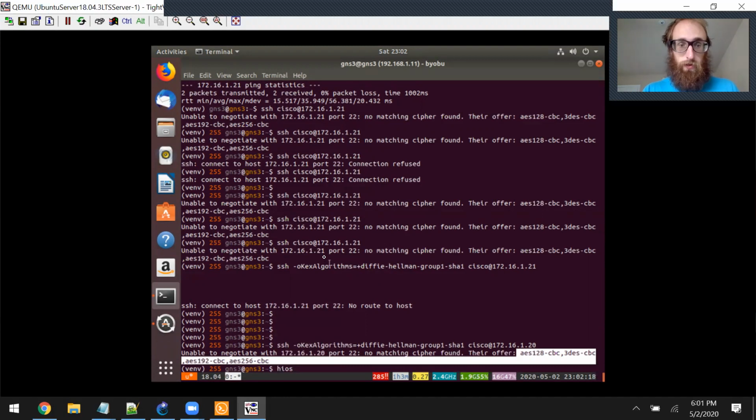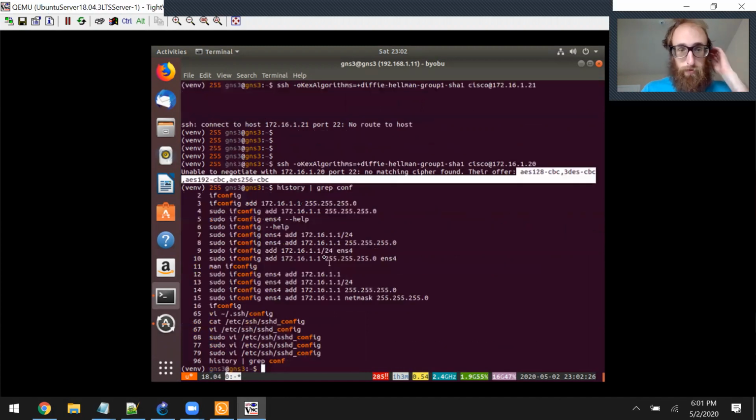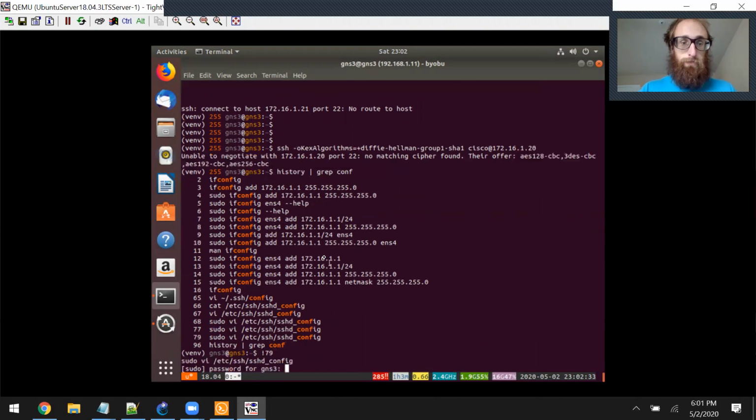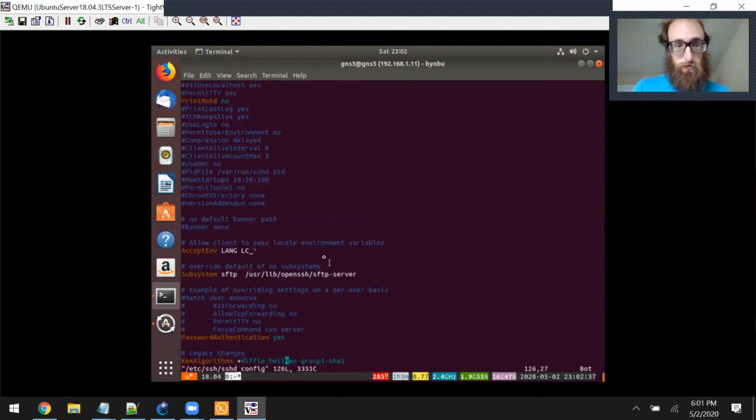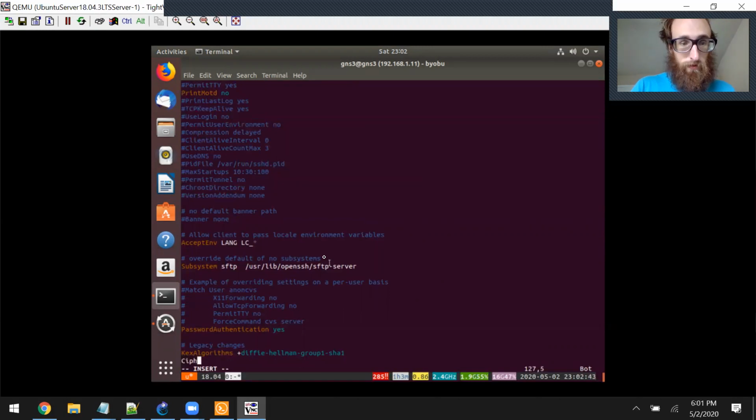I'm going to do history, pipe grep conf. And yep, so this will bring me to that SSH config, and I'm in grep mode. So now all I need to do is insert mode, and then Ciphers, and now paste this in,